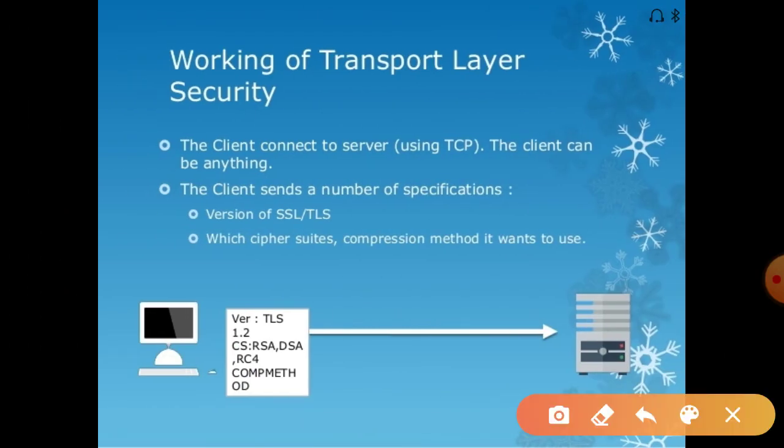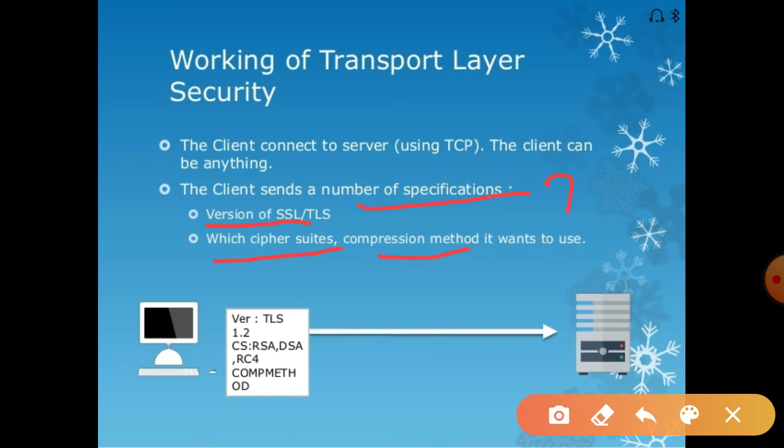First, the client connects to the server using the TCP protocol, Transmission Control Protocol. The client can be anything. The client sends a number of specifications: which version it is using, which cipher suite it is using, and which compression method it is using.